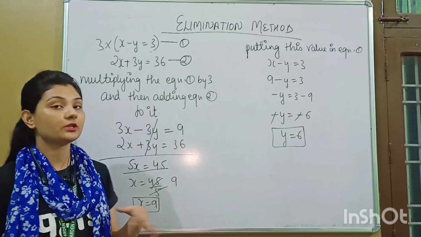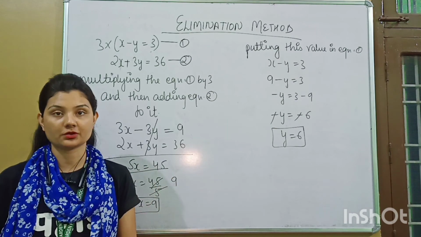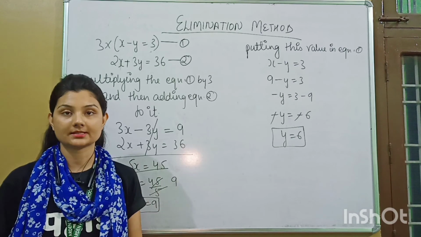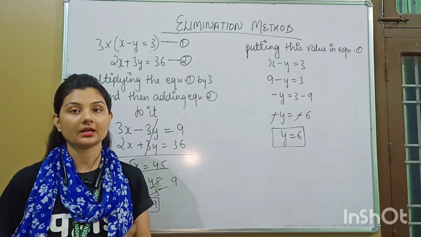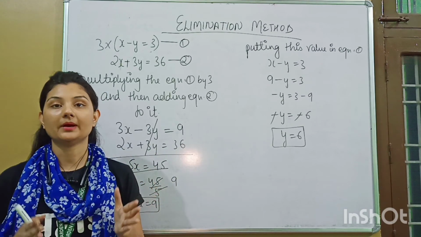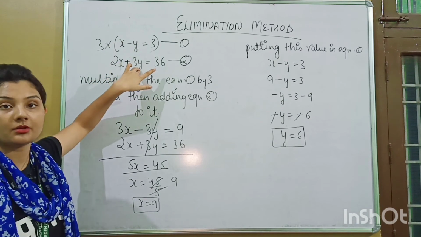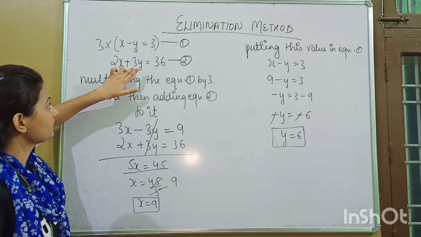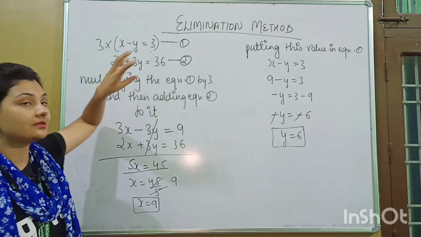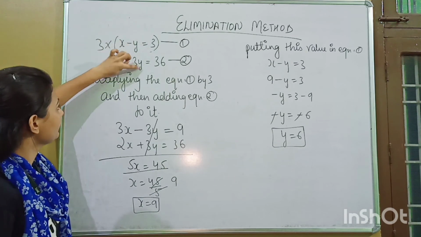The variable which you want to eliminate from the equation should have the same coefficient. If they don't have the same coefficient, you have to make it the same. ठीक है, अगर कोफिशिएंट सेम नहीं है तो आपको उसे सेम बनाना है उस नंबर से मल्टीप्लाई करके. Like here, I wanted to remove y from the equation and here the coefficient was 3 and here the coefficient was 1. LCM of 1 and 3 is 3 only. So if we multiply this equation by 3, we will get 3y only.